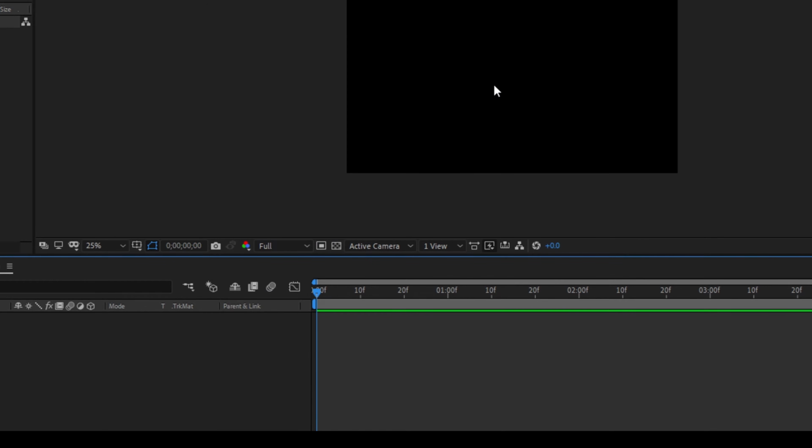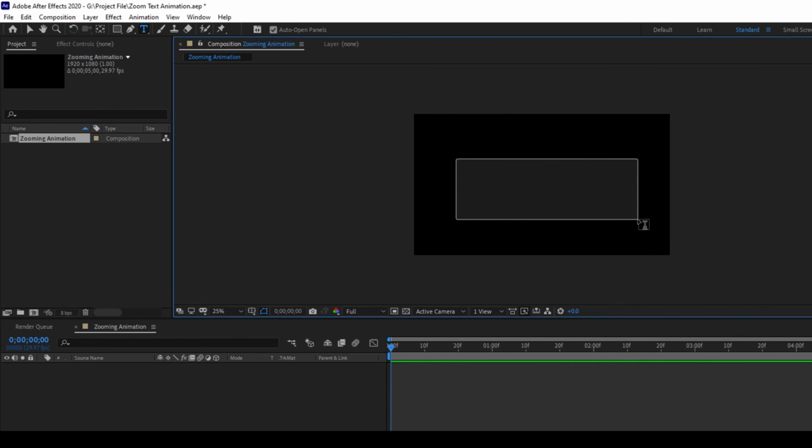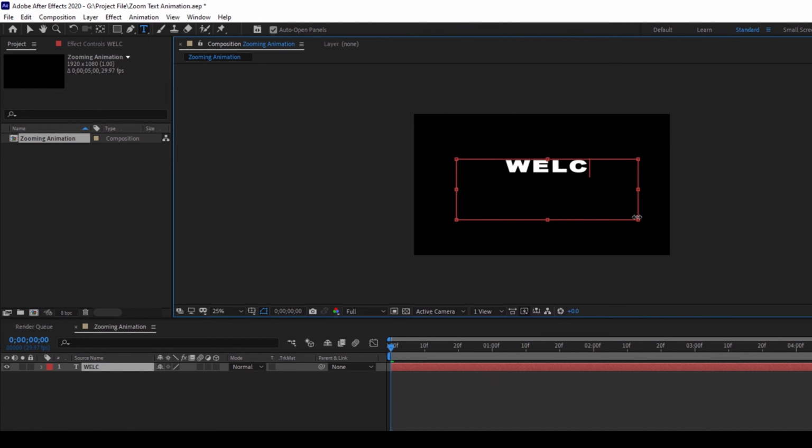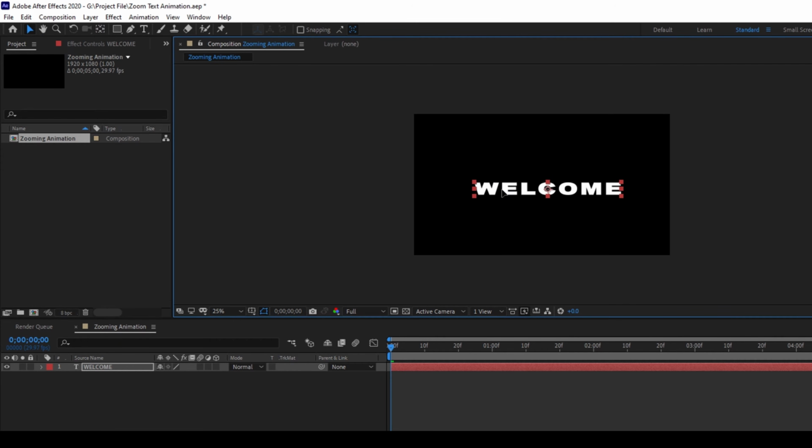So now the first thing is to create a text layer. To do that, I'll click on this T button here so that we enable the type tool, and I'll type in some random text. I'll type in welcome. Okay. And now if you can notice, the anchor point is not at the center of the text. So I'll select this anchor point tool or pan behind tool and move this exactly to the center of our layer. Now once we do that, I'll just center this, and now we'll be converting this text layer to